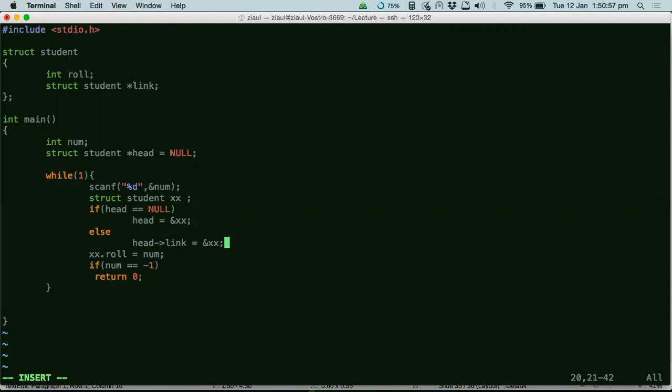Now come to the third iteration. In the third iteration, what do I need? Tell me. In the third iteration, I have to have a handle on the last node that got created in the second iteration. And then only I can make its pointer point to the new structure, right? Exactly. So that's why I have to move my head pointer always.